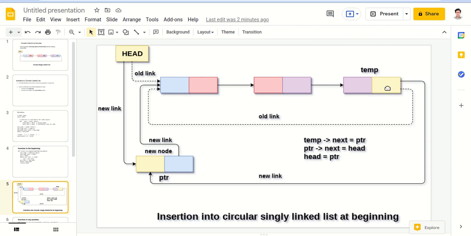Okay, temp is the last node, one node previous than the first node, and we reach this node temp, and then temp dot next we make it this new node, and this new node dot next we make it equal to head, and now we make head equal to the new node. Okay, that's it. This is a very simple diagrammatic explanation of insertion at the beginning of a circular linked list.